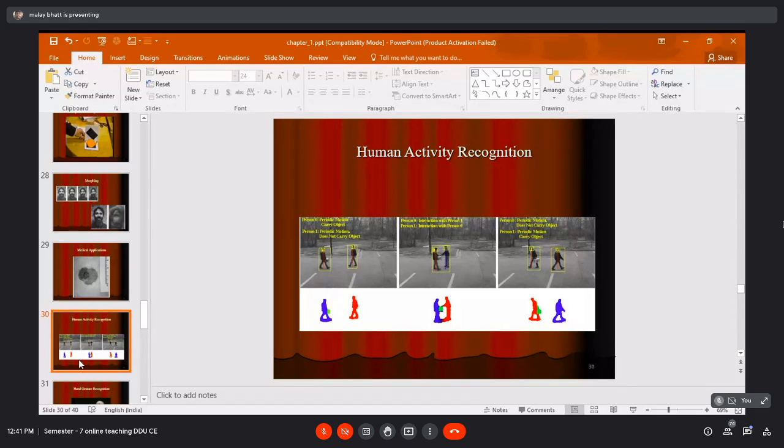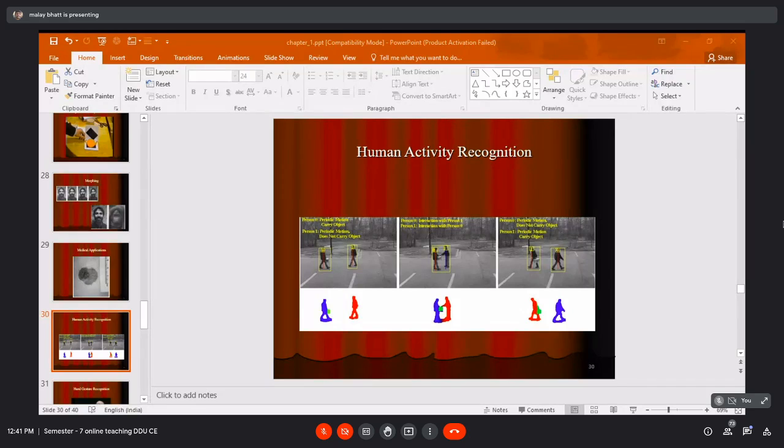You can see that through image processing and computer vision, you can recognize the person, you can recognize the object like the bag, and you can generate this kind of output, because other things are least important. The background scene and other things are least important. The important thing is two people are meeting at a certain point for a fraction of a second, and they are just exchanging the bags. They are not talking so much, you can see. It is just in a very small time span. So this is also one application of image processing.